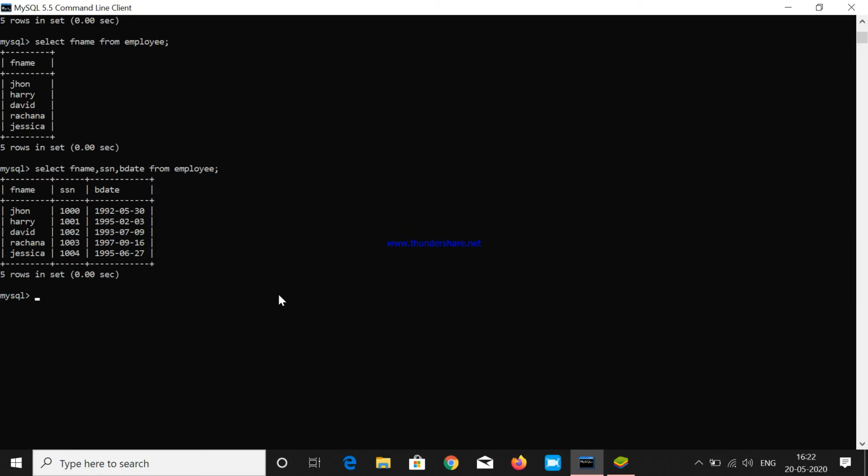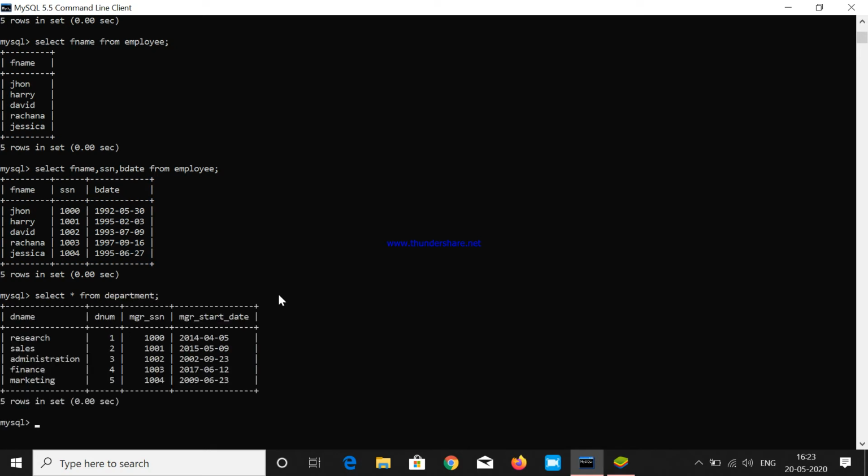Now again I'll use select star from department. I got each and everything which was present in it. Now I'm going to use the select statement for the department table: select dnum from department.